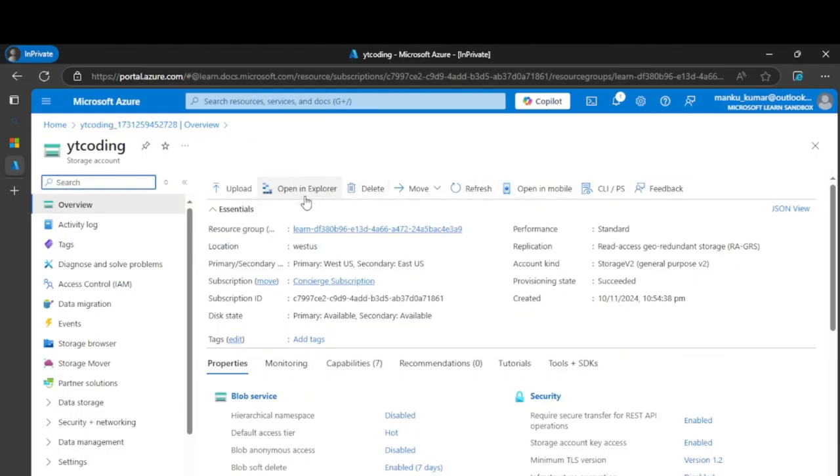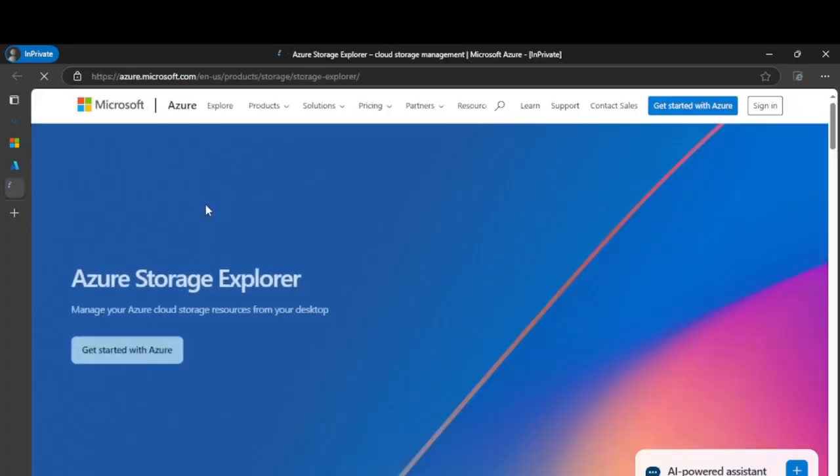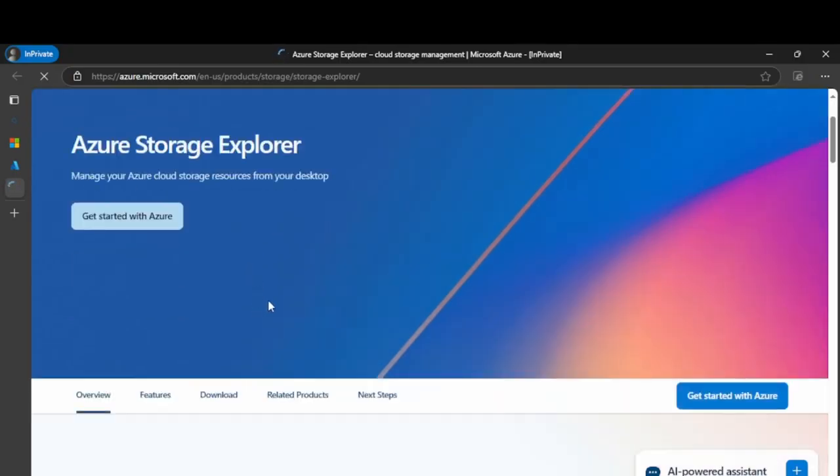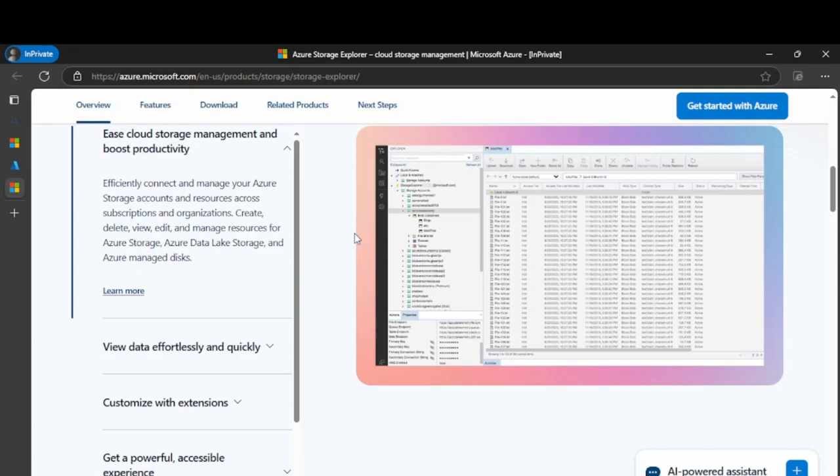There is a file explorer which you have to download. If you click over it, it says open Azure Storage Explorer. If you have already installed it, fine; if you have not installed it, click over the below link. It will redirect you to the Microsoft site from where you can download Azure Storage Explorer, which will be stored on your local machine. This is an application on your computer.